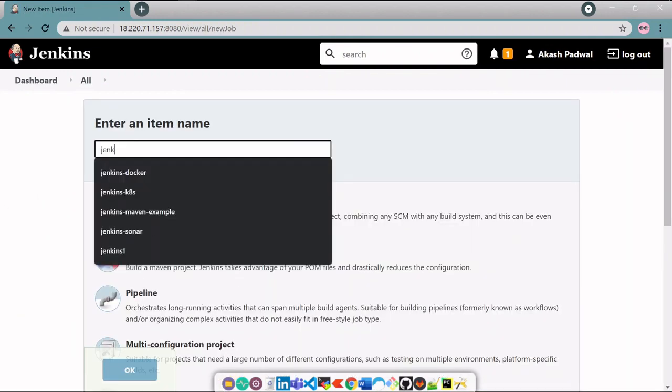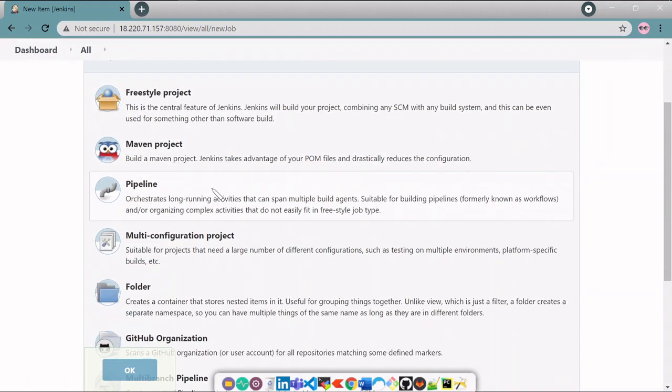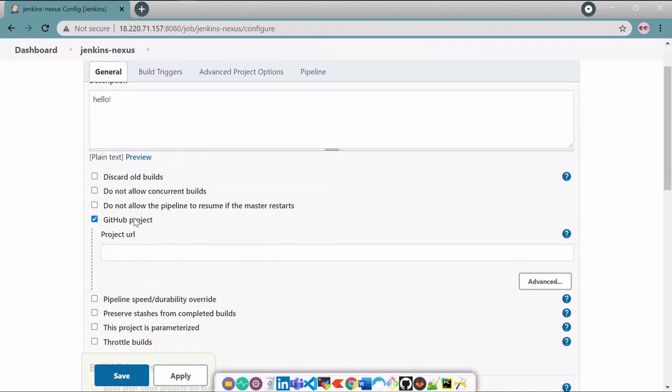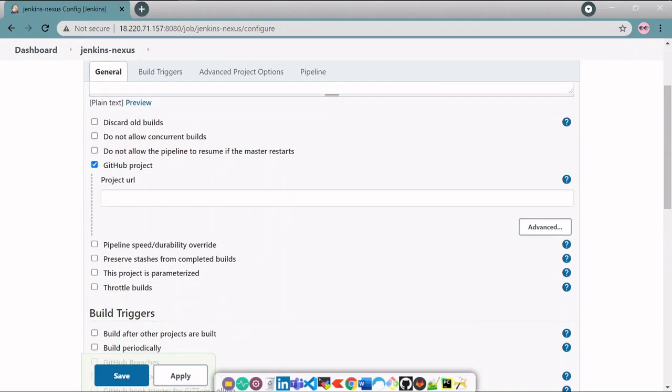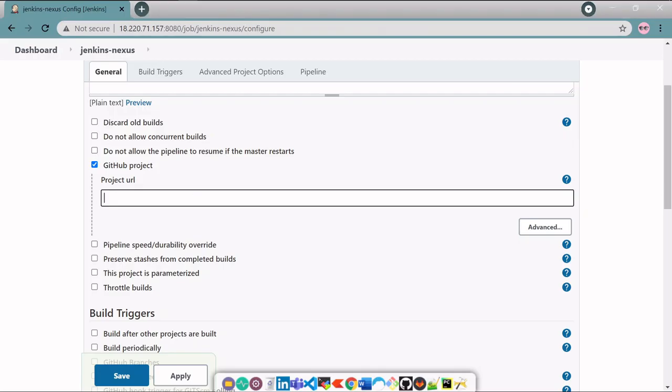So give name like Jenkins Nexus. Select pipeline and click OK. Give description like hello. You can give anything. Then select GitHub project. Then here you have to provide your project URL. Okay, so GitHub project URL. So go to GitHub and copy it from here. Copy this, paste here,